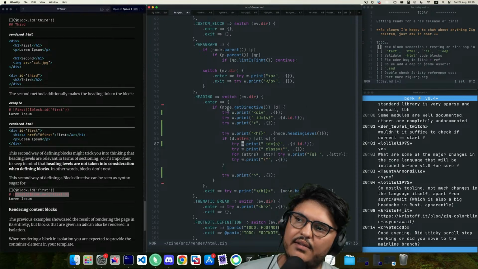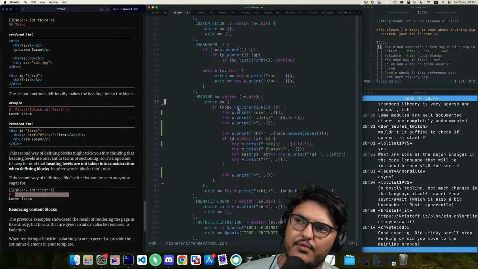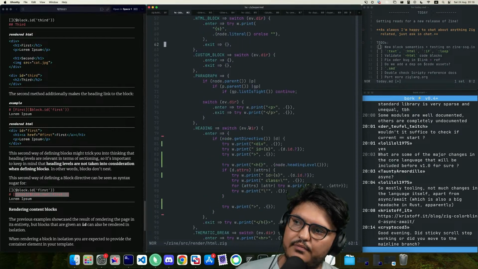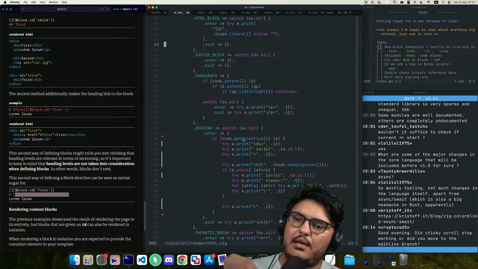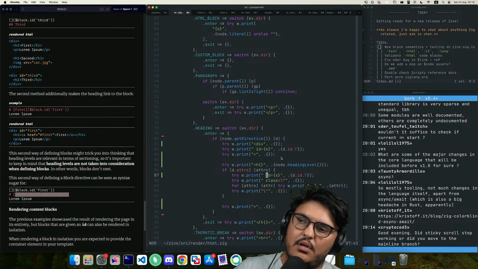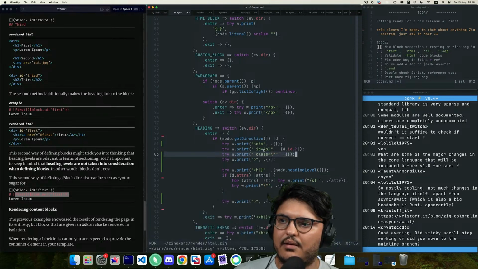Also, the fact that it has a directive doesn't tell us if the directive is a block directive, or it might be even just a simple link directive. So we need to, I guess, switch on it somehow. Because previously, I wasn't really caring about which directive it was. But now this seems problematic. Now, let me think. No, right. The only thing that a heading could have is there's no ID. Class goes here. The only heading